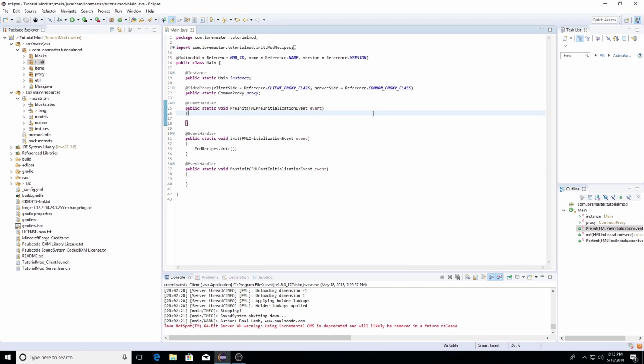Hey guys, Loremaster here, and welcome back to another Minecraft modding tutorial video for Minecraft 1.12.2. In this episode, we'll finally be getting to tools, and we'll be doing this using our custom Ruby item that we used earlier. And before we start, just one thing I want to quickly mention is that it's very important